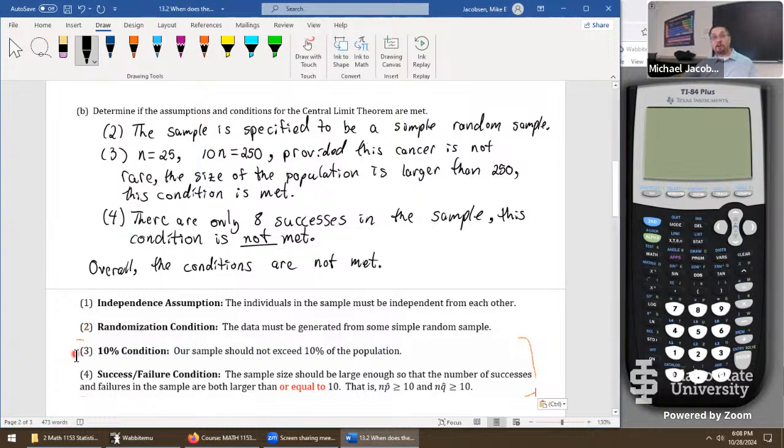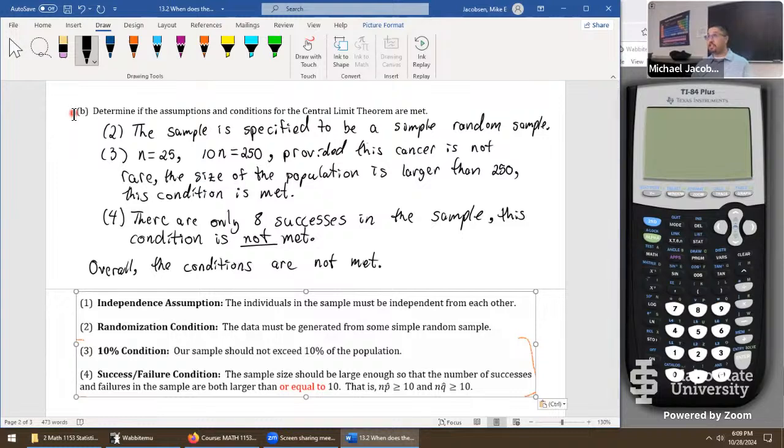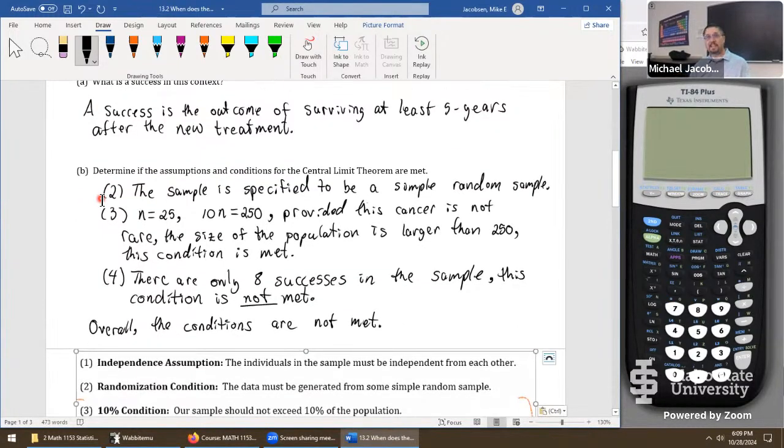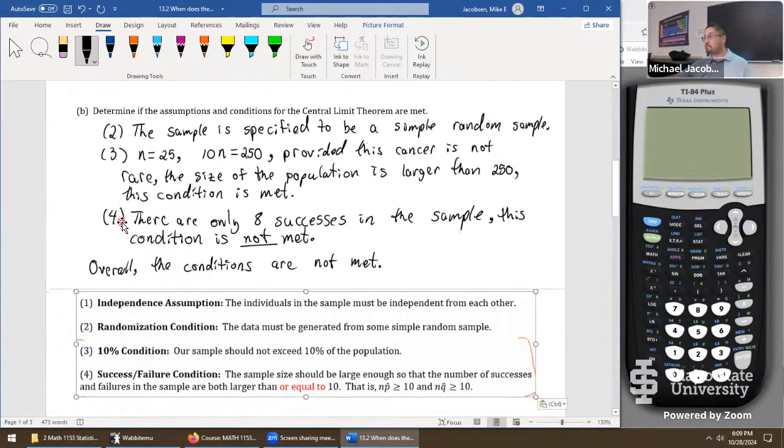And not every problem is it going to be clear if the 10% condition passes or fails. That means this is a pretty big problem just on its own, doing an analysis on the context of the problem. In an exam situation, doing this part B, that's a problem, again, all to its own. I would give you a new context. All you're doing is checking conditions. I'd probably give you a part A just to center what a success is. In case there's a mistake, there's partial credit now. But it is kind of a long process to break down context like that. We'll do it again just for extra practice, but any last questions or comments?